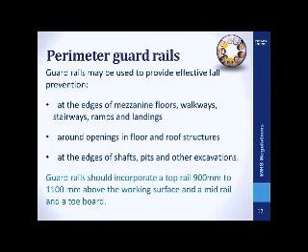Perimeter guardrails. Guardrails may be used to provide effective fall prevention. At the edges of roofs, at the edges of mezzanine floors, walkways, stairways, ramps and landings, on top of machinery and structures where access is required, around openings in floor and roof structures, and at the edges of shafts, pits and other excavations. Guardrails should incorporate a top rail of 900mm to 1100mm above the working surface and a mid-rail